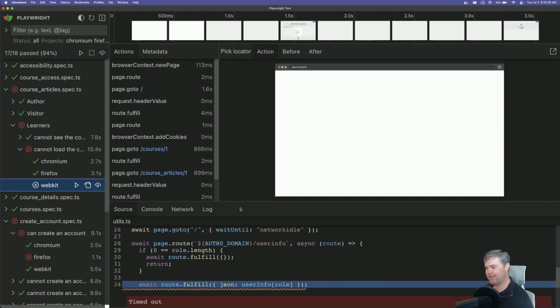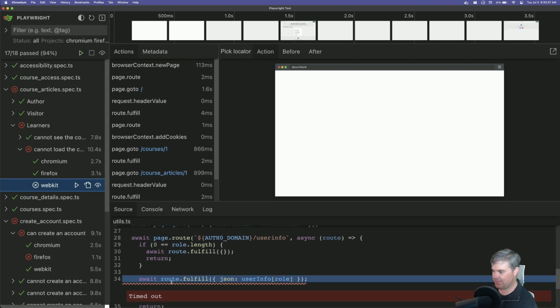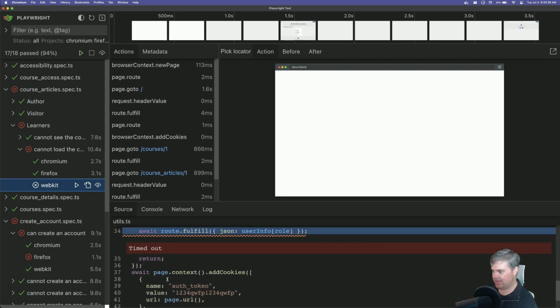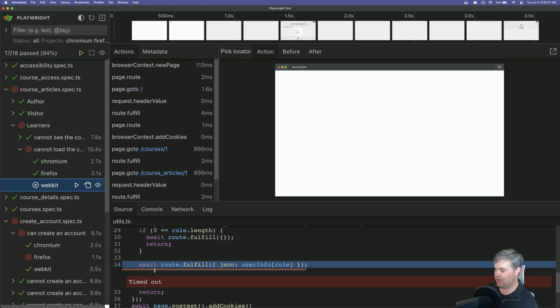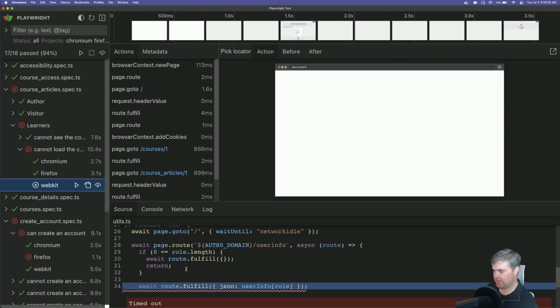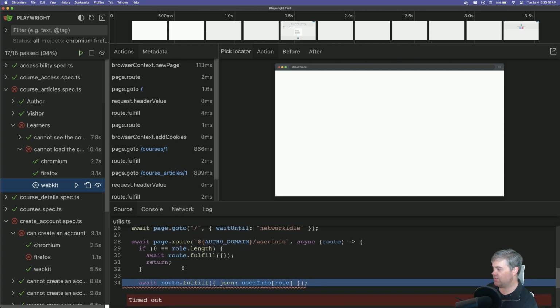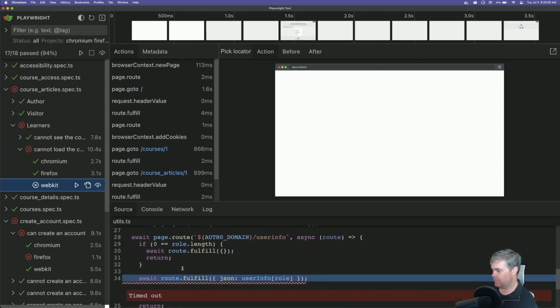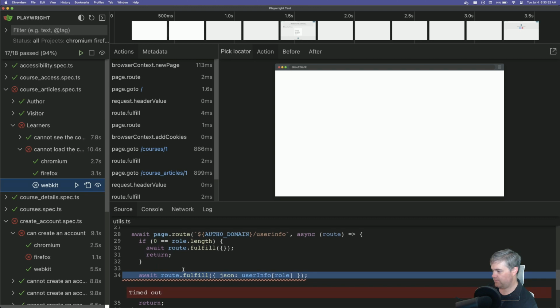Oh, okay. I thought this was gonna work. Okay, so what happened here? It timed out here on an await for this. This is in utils for login. For user info,